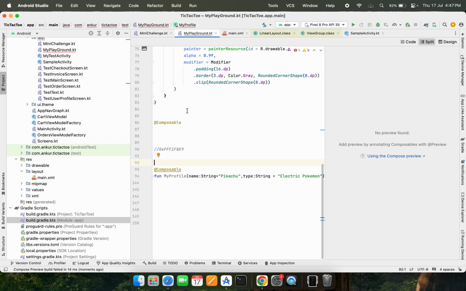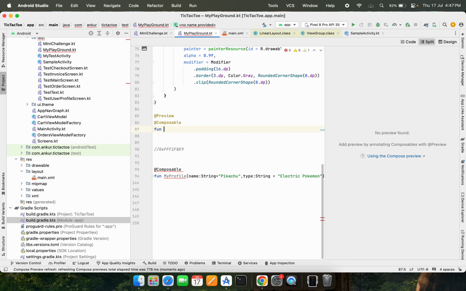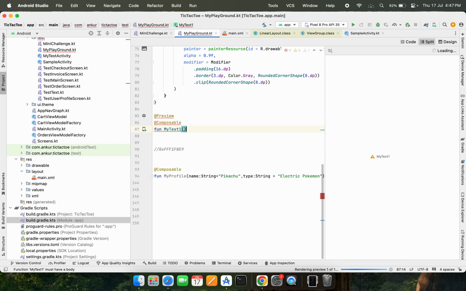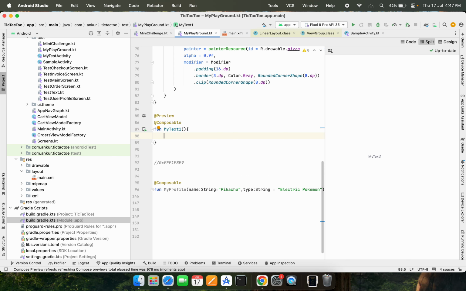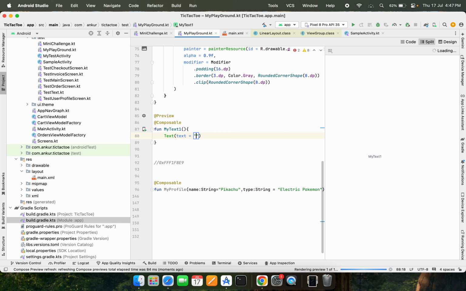After that, if I want to make some preview, I have to use the preview annotation, and let's create a normal function, my text one, and in that I can add anything we want. We can add multiple things over there like hi. As you can see,